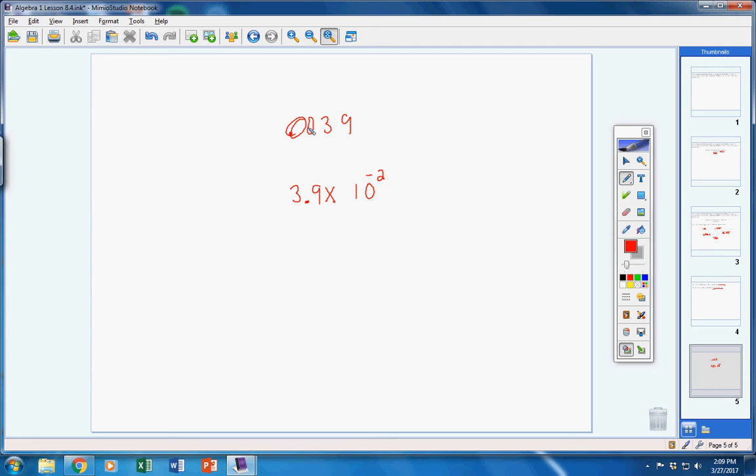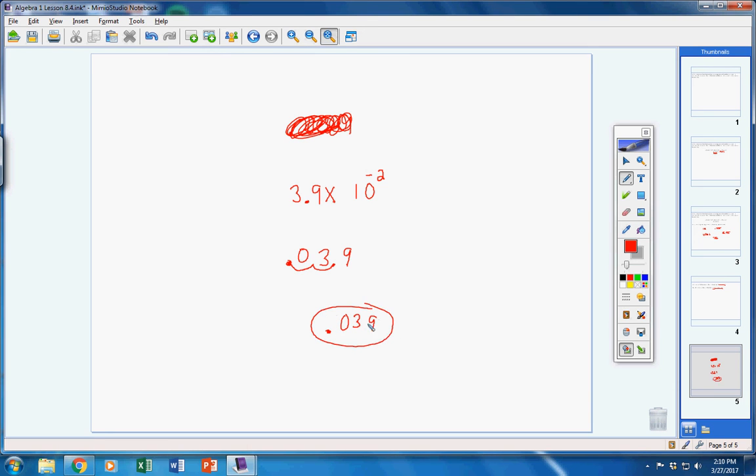Okay, students, let's pretend we don't know what the answer is. There we go. Pretend I gave this to you on a test. I said write that in decimal form. Well, I move the decimal two places. The question is what direction? Well, it's a -2. So you know the decimal had to come over from over here somewhere. So we're going to go this way 2 places. 1, 2. So my decimal's here now. I put a 0. So my answer is